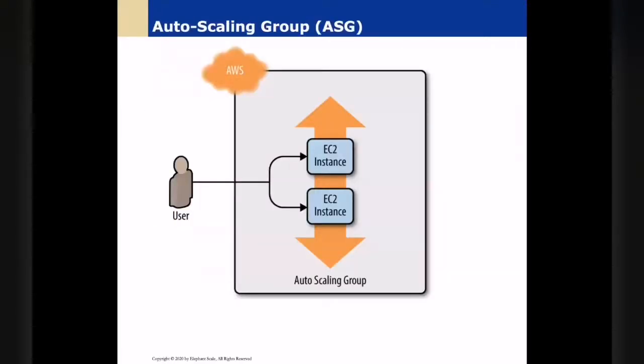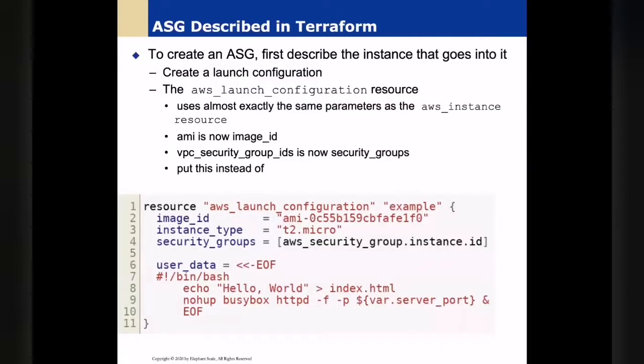This is what we're going to build. We'll build a load balancer right here, and the auto-scaling group that is found right here. And to create the auto-scaling group, we'll do this. We'll say if you create an auto-scaling group, then the instance that you should use is this: the AWS launch configuration, that's the instance type that you'll be using.